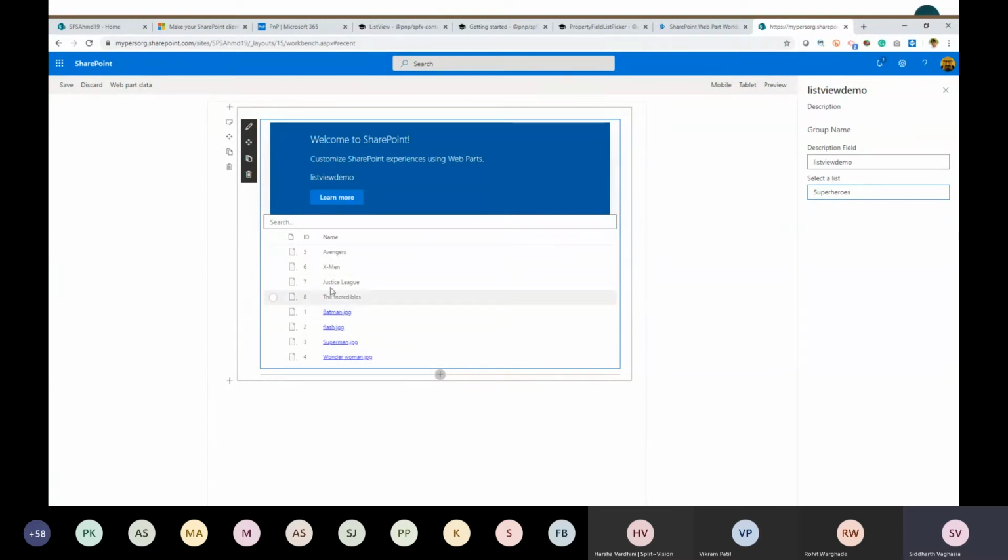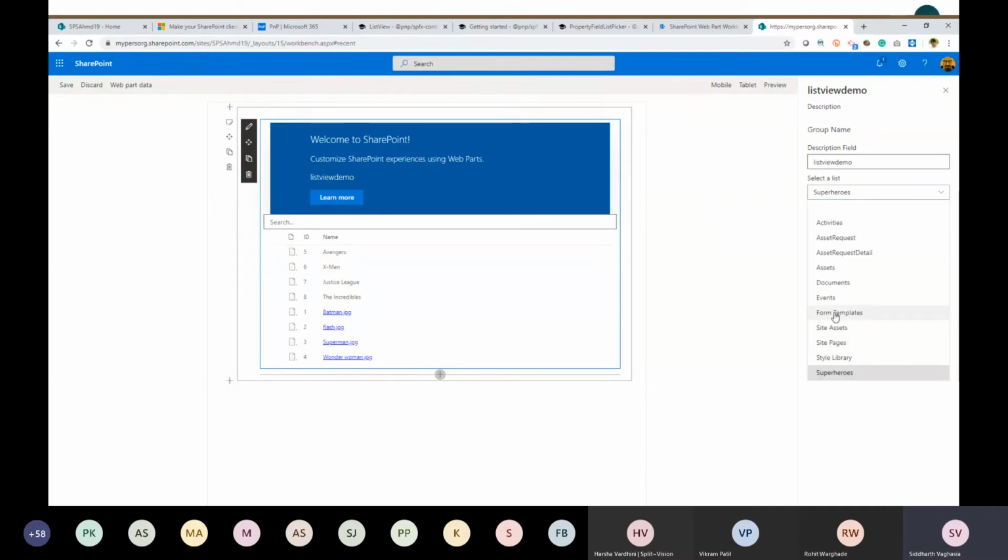What I have done is used the ID and name columns, which are very common and available across all lists and libraries. In a real case scenario, you would have custom schema defined for your lists and libraries. So you have to define your own custom view fields and make sure the fields being returned from the data source, whichever the data source can be, are mapped to the view fields so that the list view control can use them.